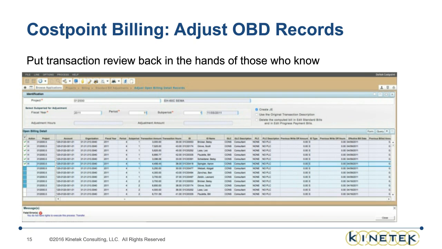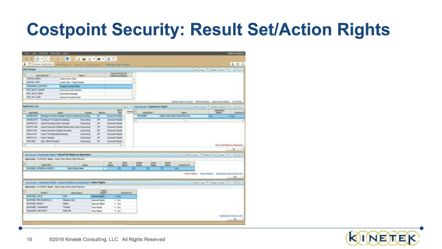So what you see here on the bottom of the screen is that these lines here, I tried to highlight and I tried to write them off, I tried to transfer them. And you'll notice that I got an error message that came back that says that I don't have rights to do the transfer. So again, kind of low-hanging fruit. It really just required a change in my particular security role to add that functionality in there.